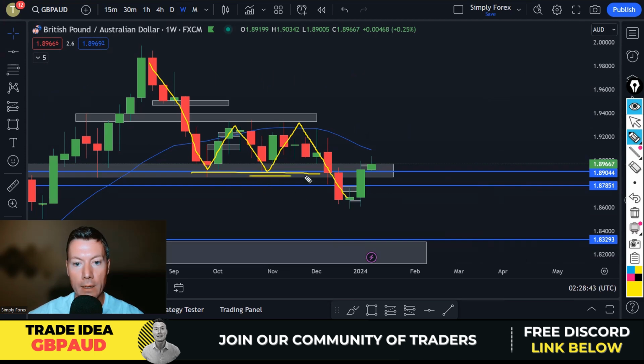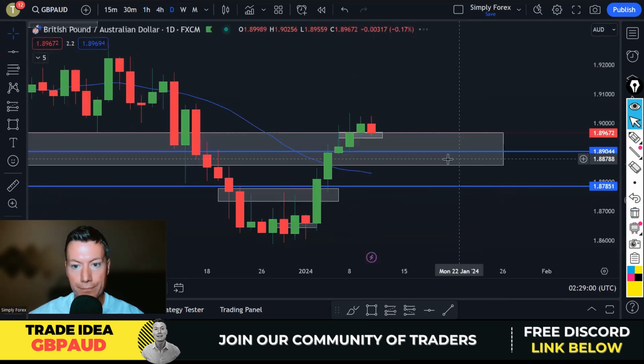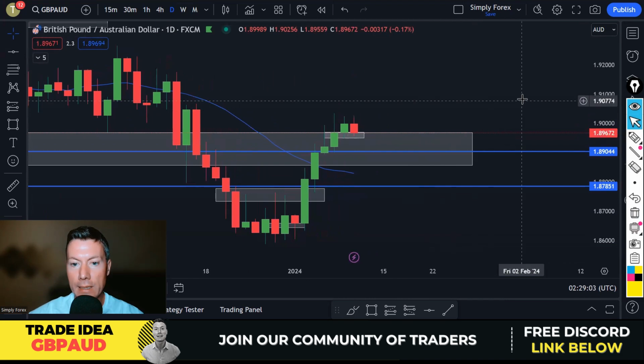So we're getting lower lows, and is this potentially the new lower high? We shall see. But I like the level because you can see all this support in here, and price is reacting there currently. If we now drop down to the day chart,